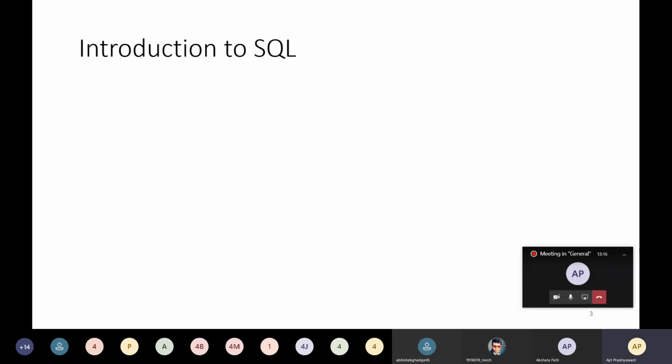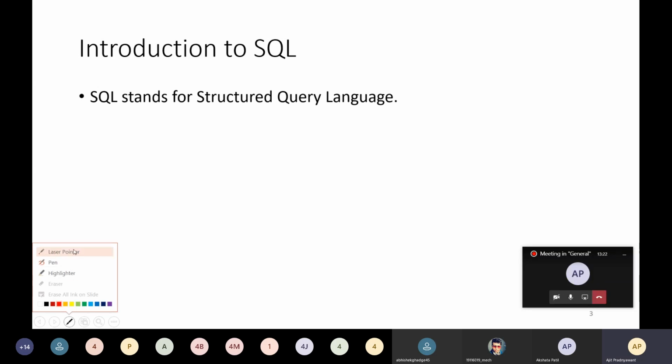So introduction to SQL. What is SQL? SQL stands for Structured Query Language. Okay, it is the short form of Structured Query Language.